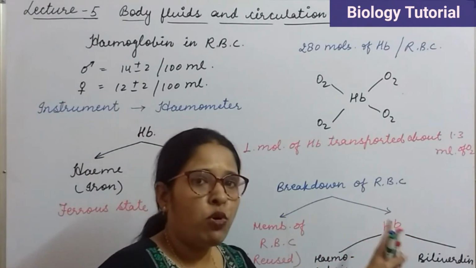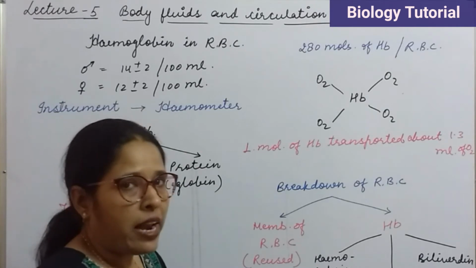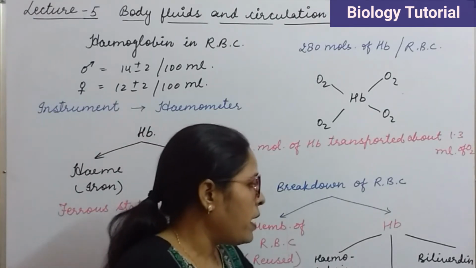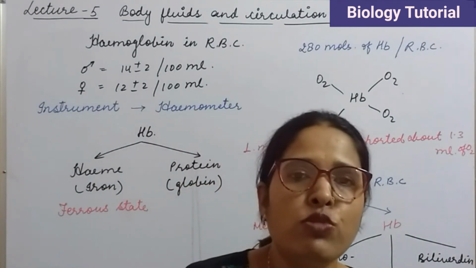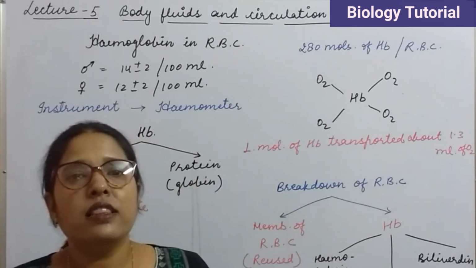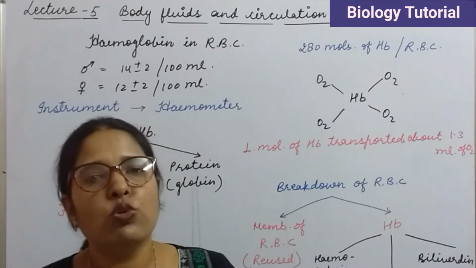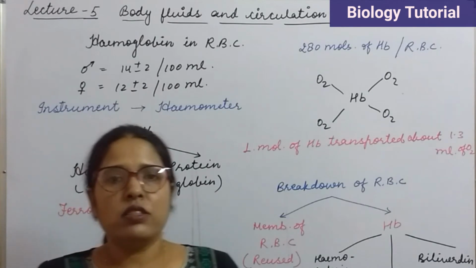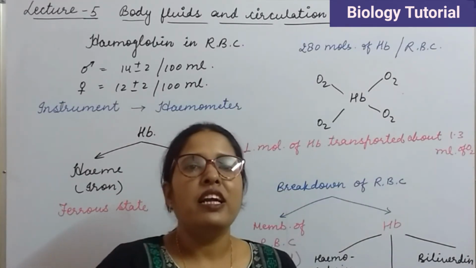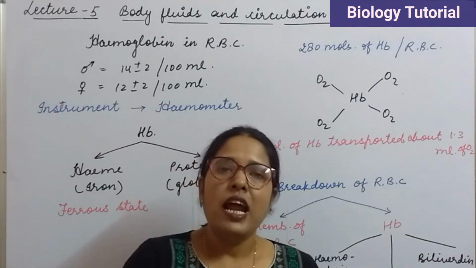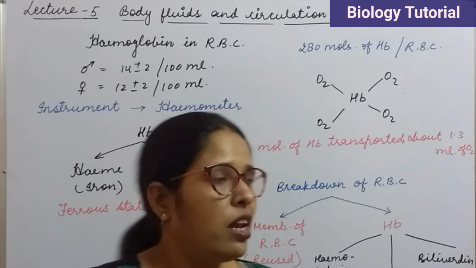Next one is the hemoglobin part. This hemoglobin part has three components: hemosiderin, which is the iron containing part, bilirubin pigment and biliverdin pigment. Both of these pigments are present in the bile juice which is secreted by the liver, and these pigments get eliminated out of the body through the fecal material. Because these pigments are waste products and provide a yellowish color to the fecal material, they can be eliminated from the body with the help of this fecal material.